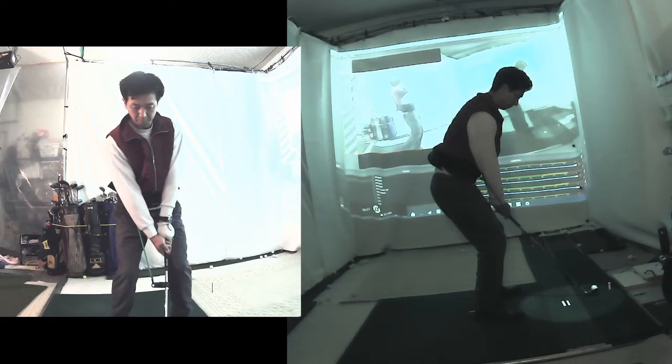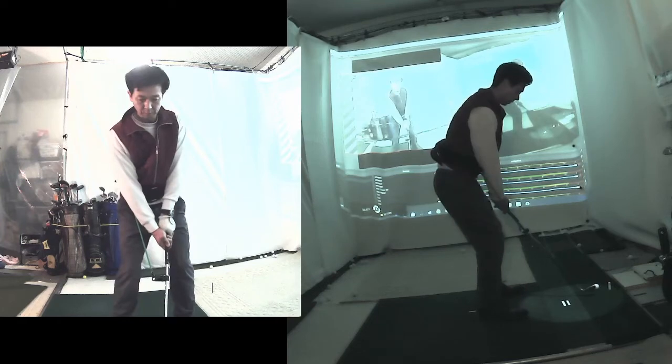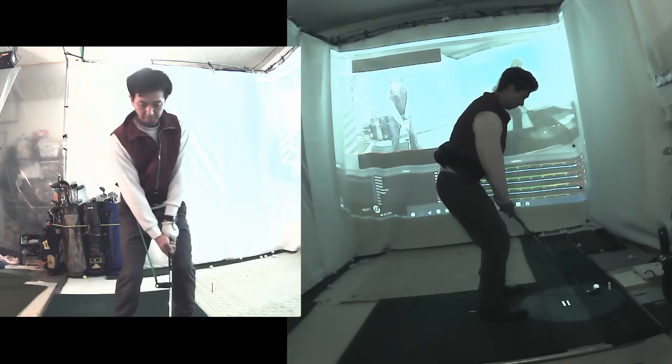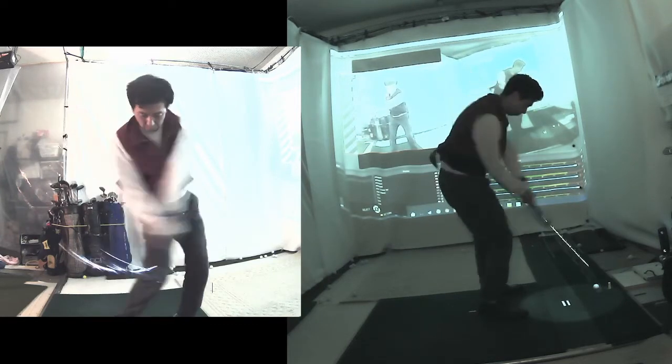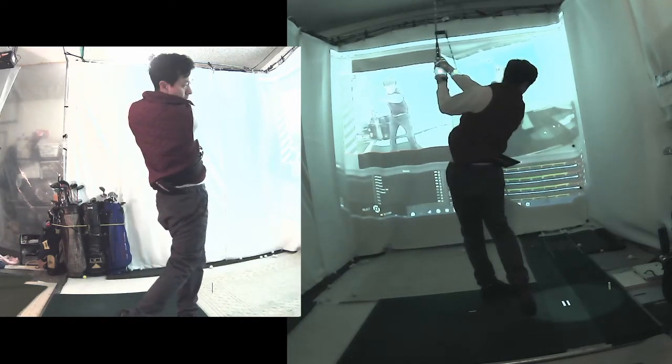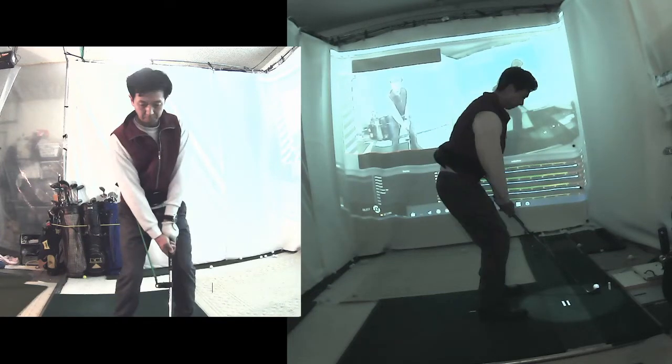So let's talk exactly about the movements that the training aid is trying to achieve through the golf swing. And for me, it's three really big factors, and factors that I see so many golfers don't do correctly. So this is what I think this training aid does, it hits a lot of really good positions that you see a lot of tour players get into, the movements they make, how do we get the feels, and